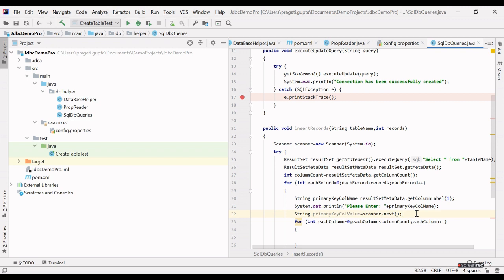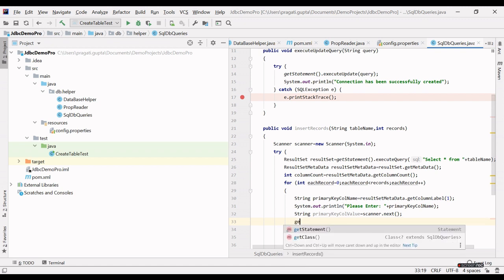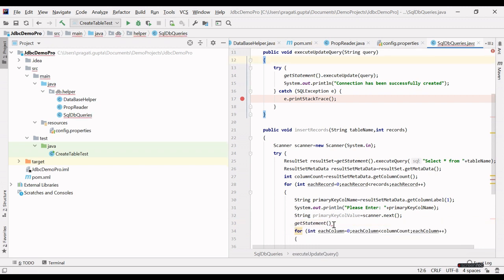Okay, so we have already got the primary column name from the table and primary column value as well. We will insert the record in this primary column first by this get statement.